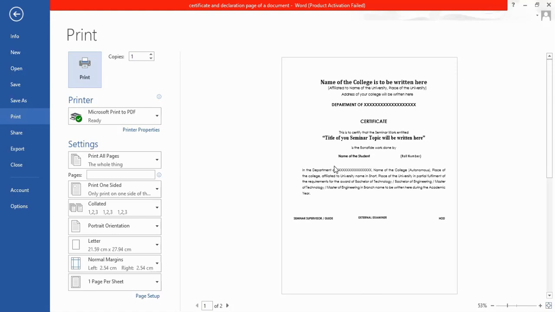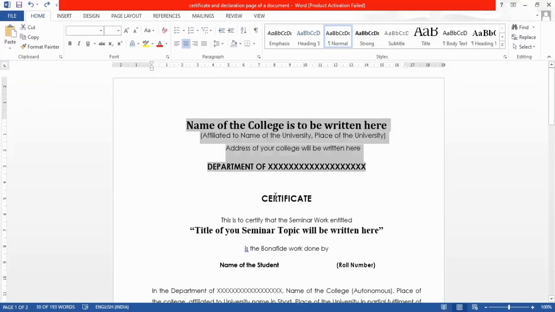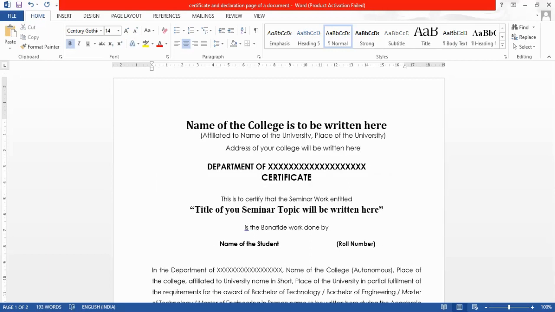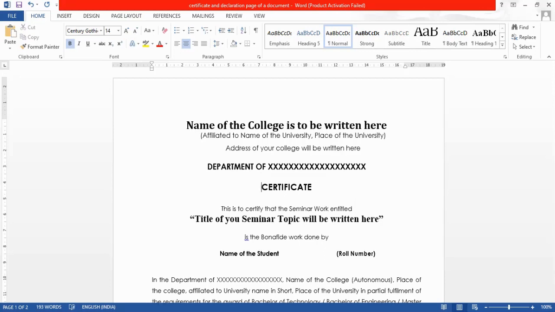Now when we see the certificate line a bit after the department line, there is a huge amount of space. In general, we are going to provide a logo in between these 2 lines. Now I'm going to remove this, and when I press enter, it shows the certificate is in the next line, and again I'm going to press enter after the certificate, so that I can get a line gap here, because I need to place a logo.